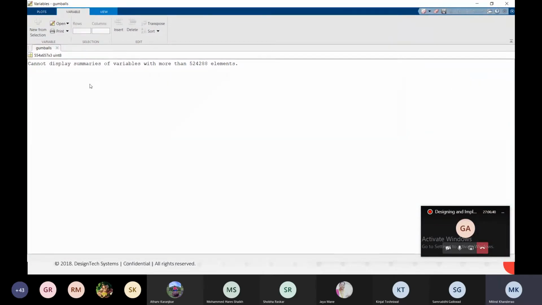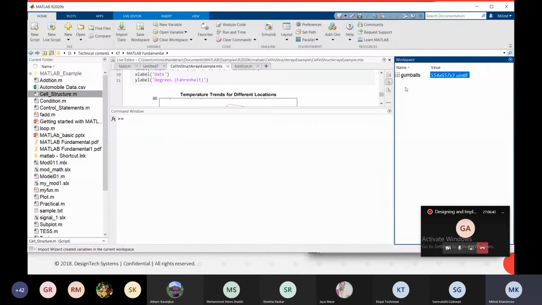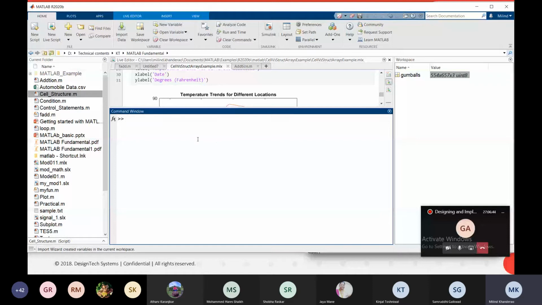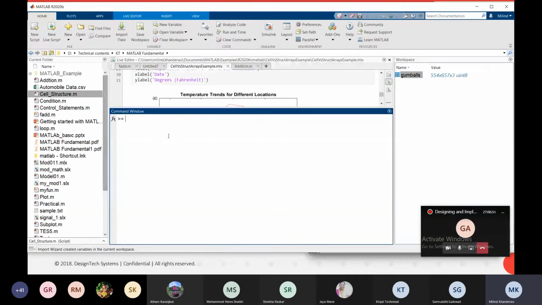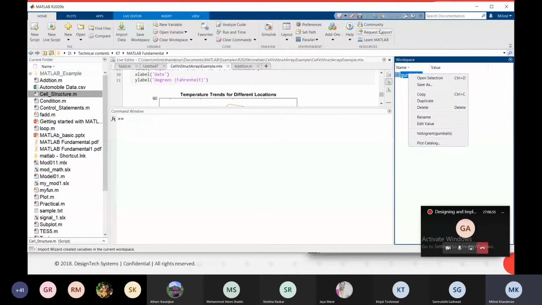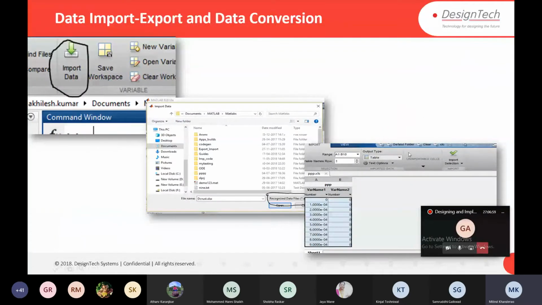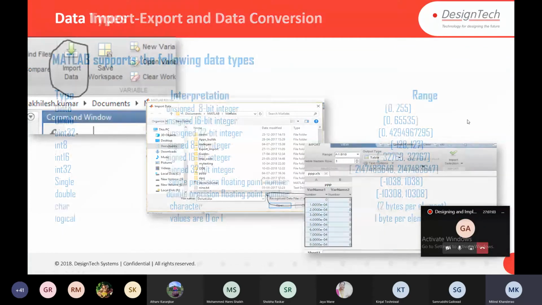It is in the form of, let's say, matrix. So I just imported one image here. Now let's move. So many kinds of data can be imported by MATLAB.